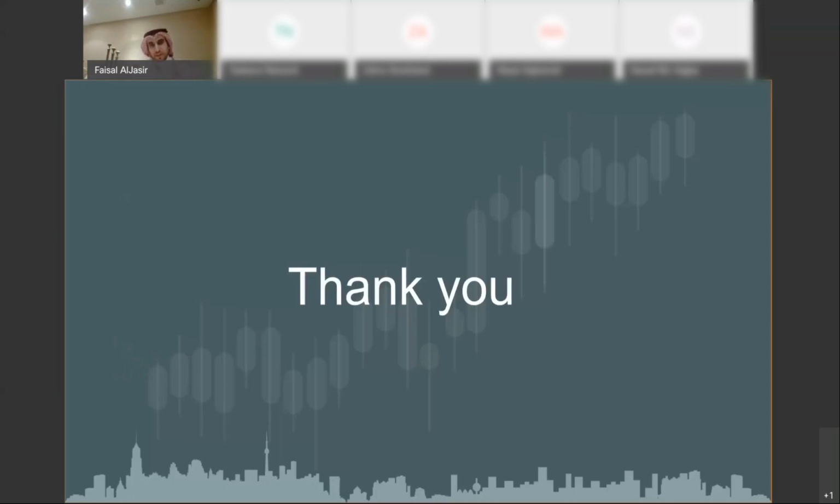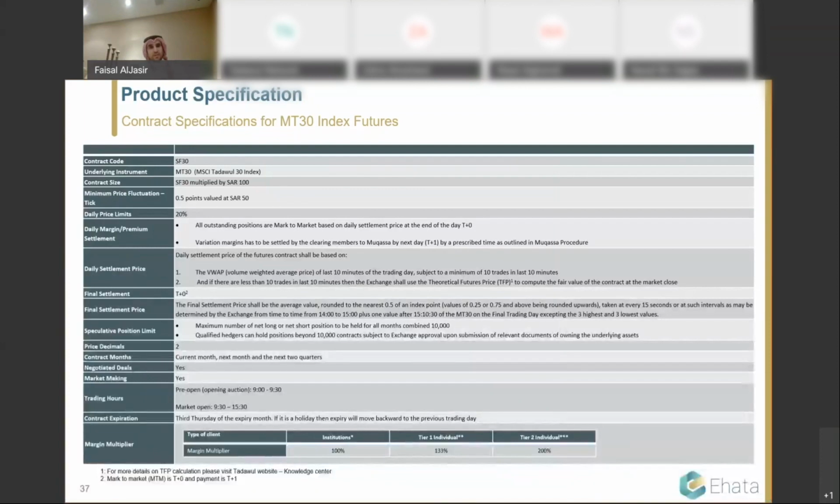So that wraps up our introduction to derivatives. There is some useful information here. This is just to give you a glimpse of the specification you would expect from the index future. Look at the details here. Most of this information is things that we have covered within the presentation. Tick size, daily price limits. We're talking about 20% daily price limits. The daily settlement price,